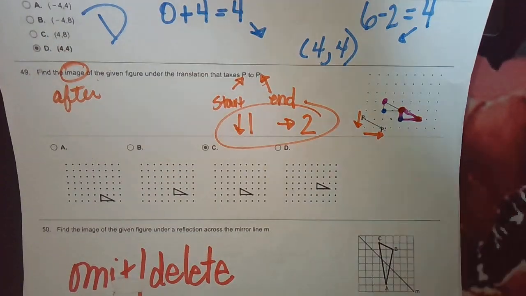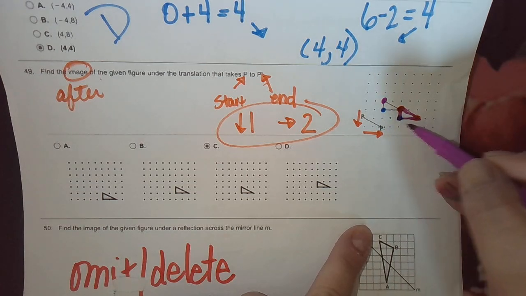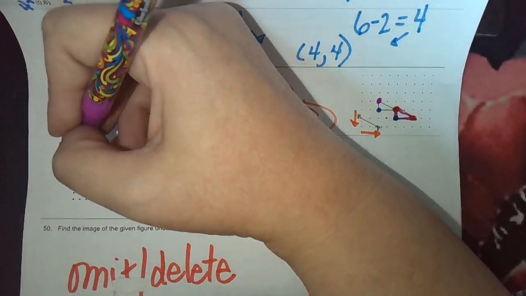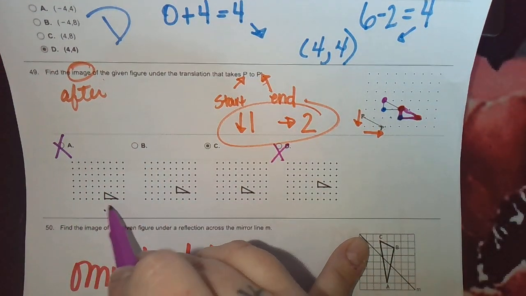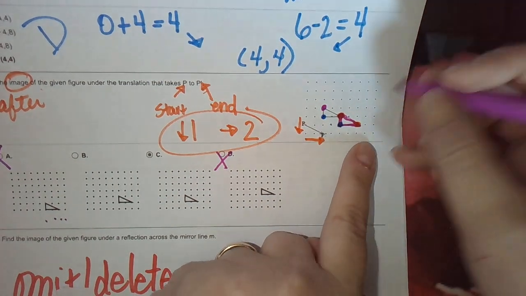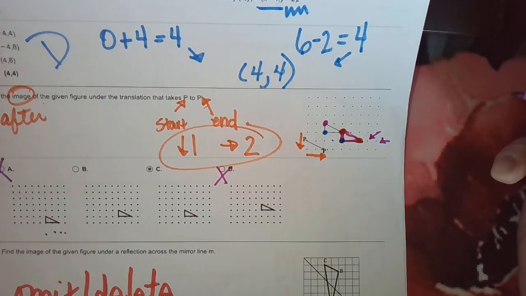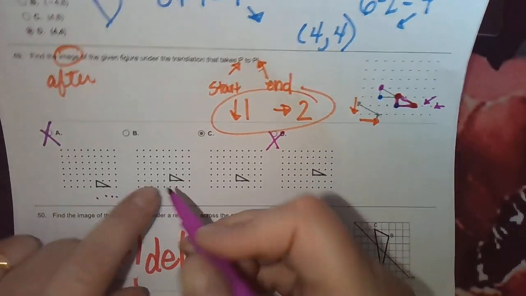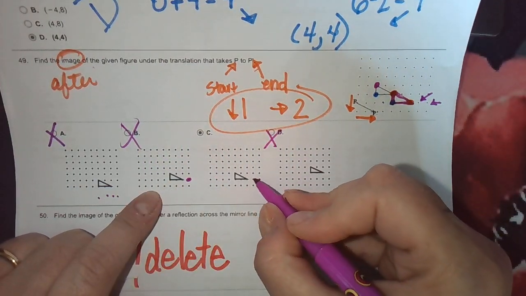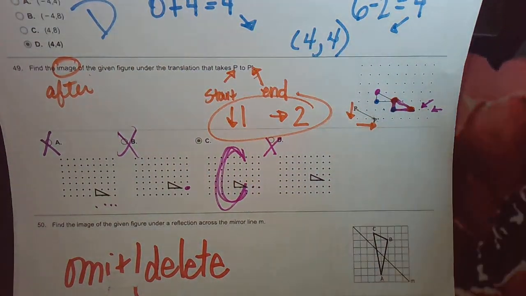D is too high. It looks like there's only supposed to be 1 line of dots underneath. So D's out. A's out because it doesn't have the 1 line of dots underneath. Over here on the right, we have 1, 2 dots before my picture. So B just has 1 dot. That's out. So we need the one that has 2 dots before, or C. Woohoo! Okay, and then 50